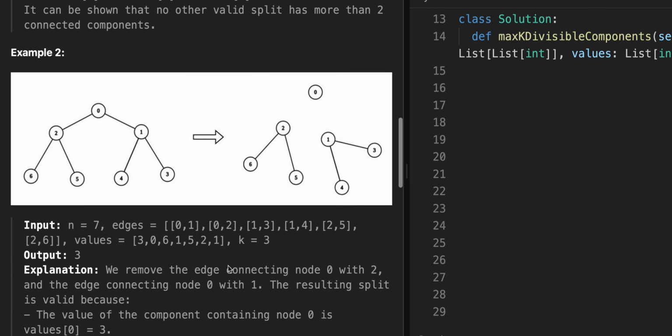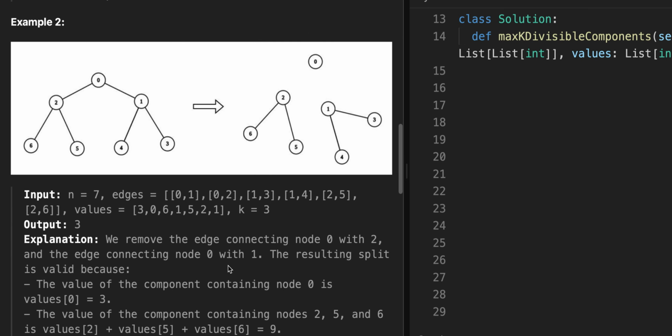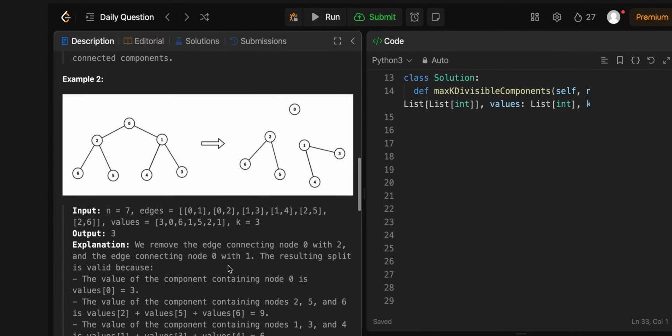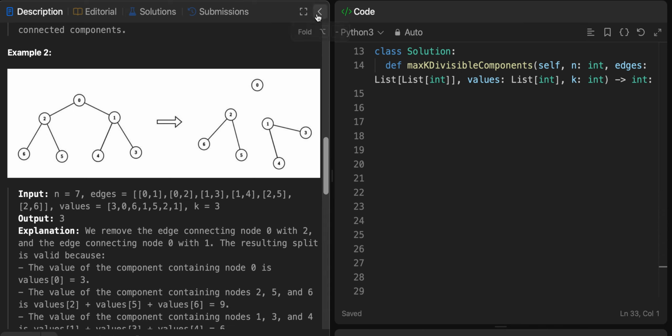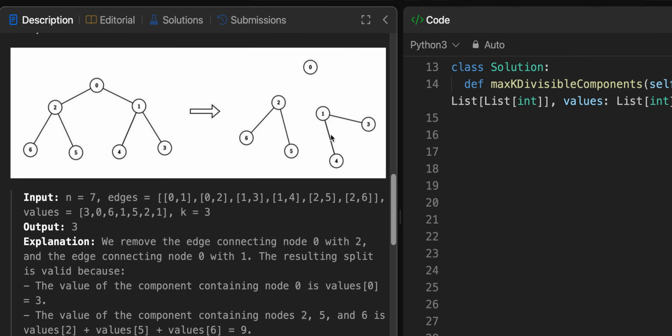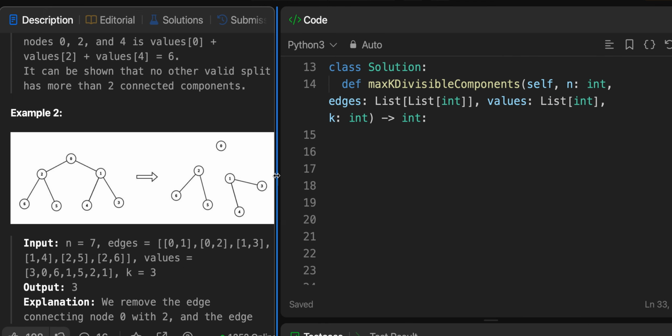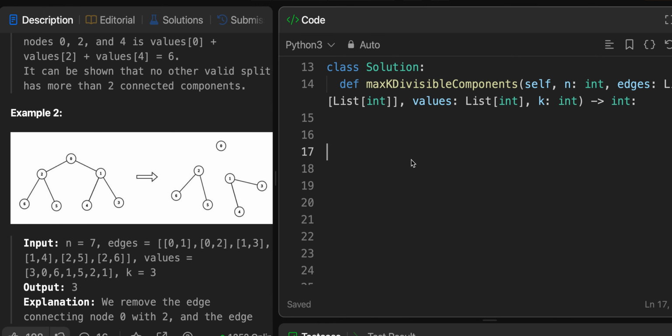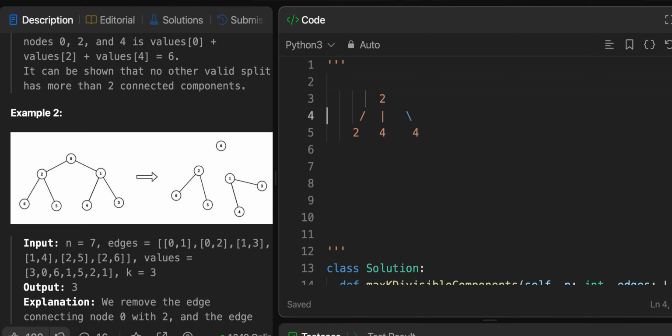I think this second example is pretty much similar, so we don't need to explore it. We can just jump into it. What we're going to do is use recursion and depth first search. The question is, what will our recursive function do? Let me go over this example here. We will use depth first search, where this function